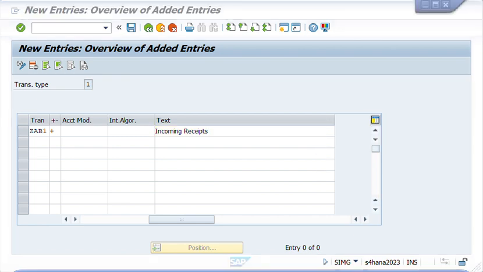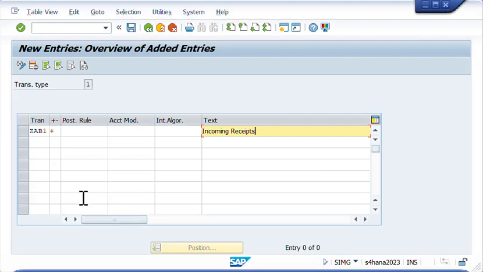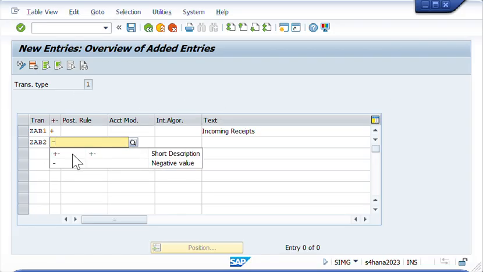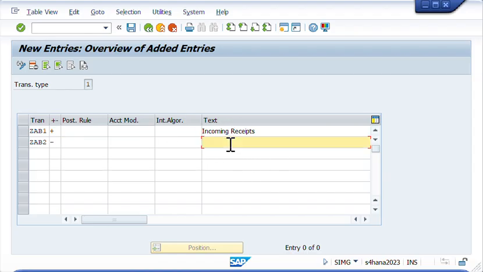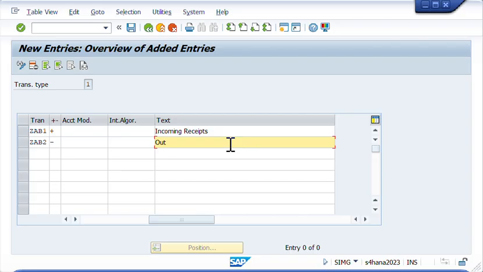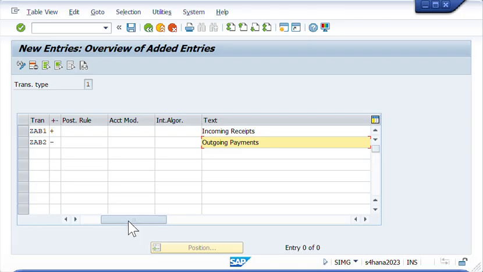Let me just change that. And ZAB2 for outgoing payments. That's negative. Okay, and then click save